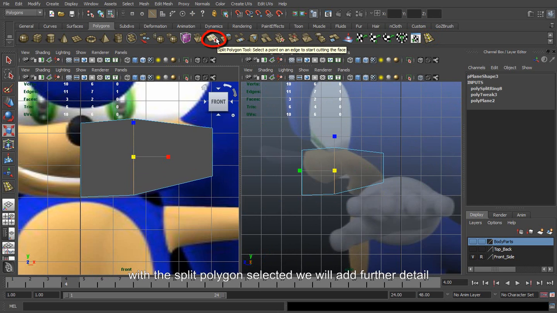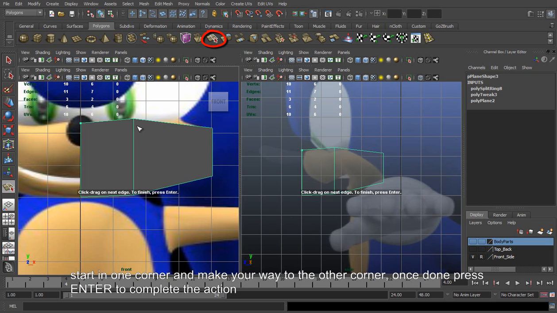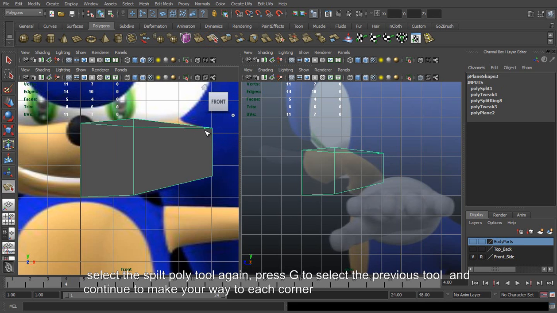With the split polygon selected, we will add further detail. Start in one corner, and make your way to the other corner. Once done, press Enter to complete the action. Select the Split Poly tool again, press G to select the previous tool, and continue to make your way to